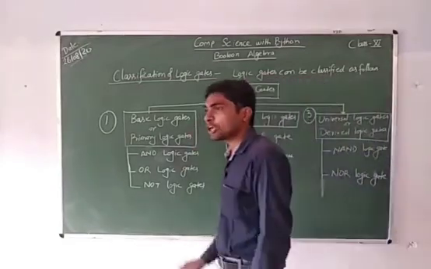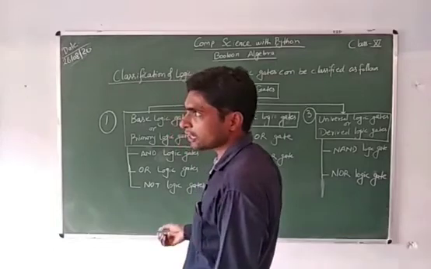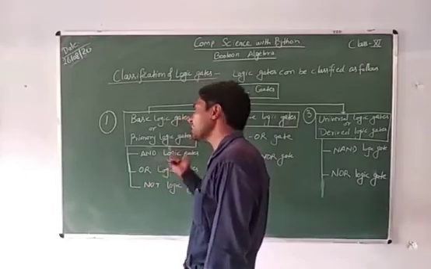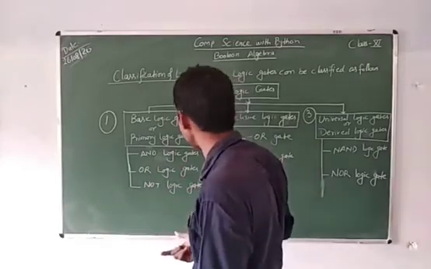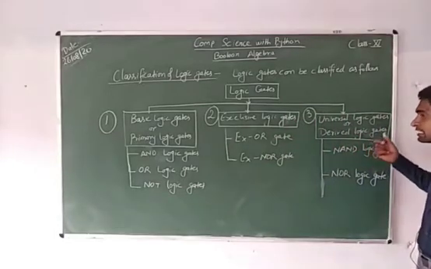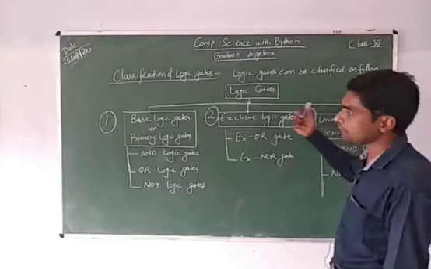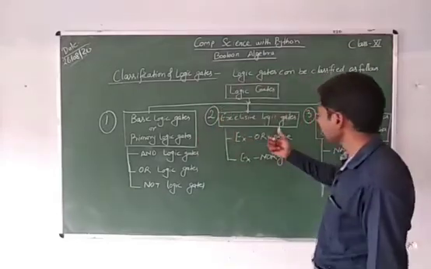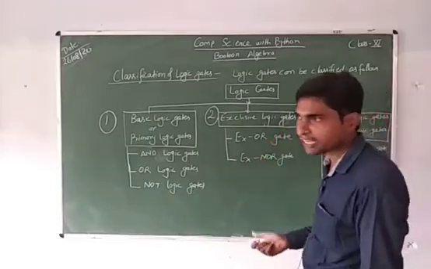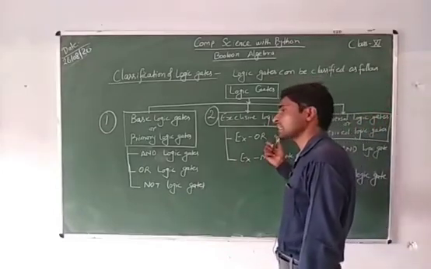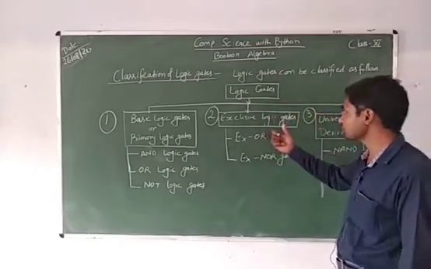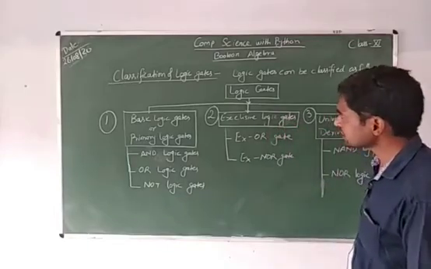Basic logic gates are those logic gates whose operations are proved in themselves. They do not require any other logic to prove their operations. Universal logic gates are those logic gates that are derived or constructed with the help of basic logic gates. Similarly, exclusive logic gates are also derived with the help of basic logic gates, but there is some special condition in their output operations. So these are known as exclusive logic gates. Now let us see one by one.